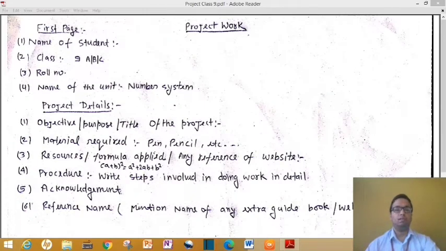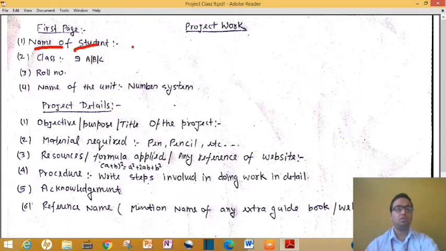Good morning class, Sairam. Today I will explain to you about the project work which you have to do in your summer vacations. So as you can see on the screen, at the first page of your project file you will write